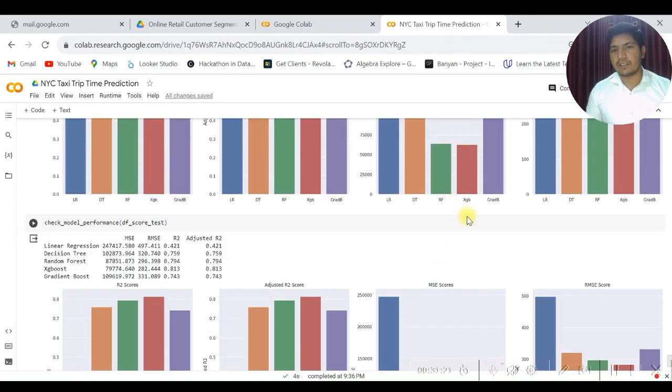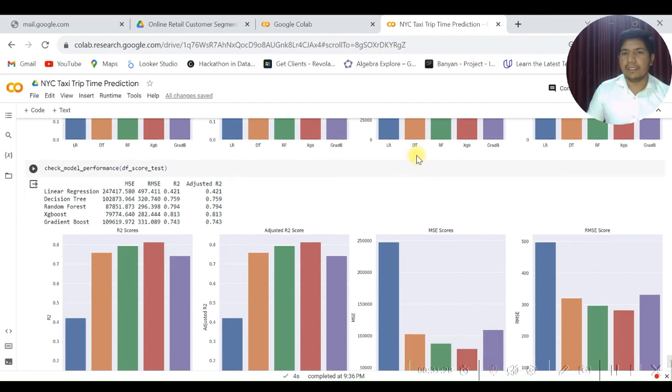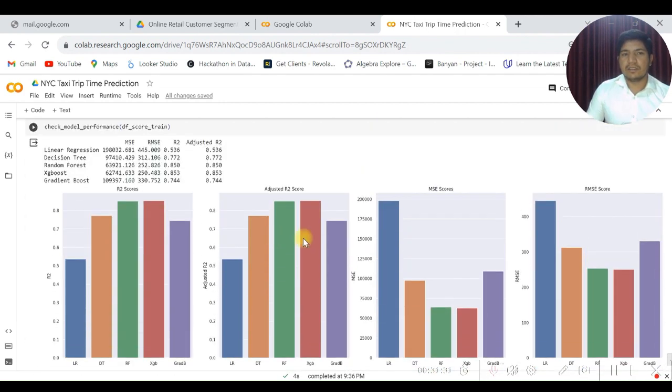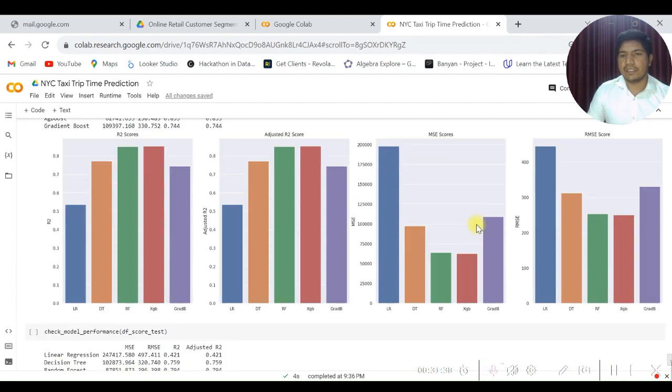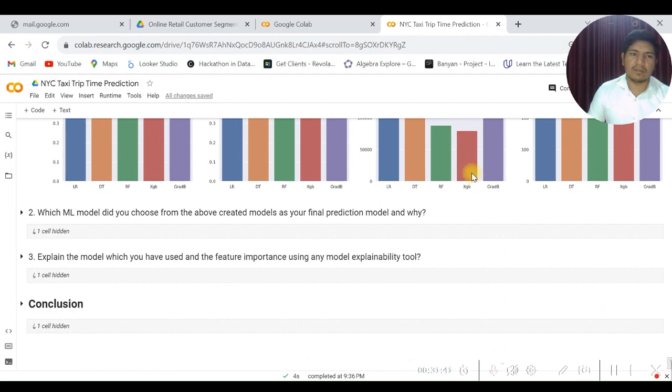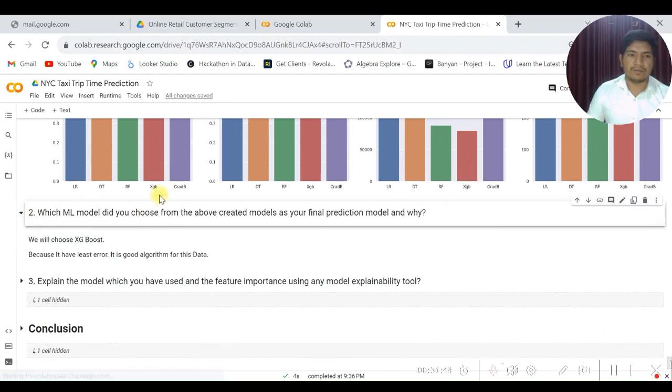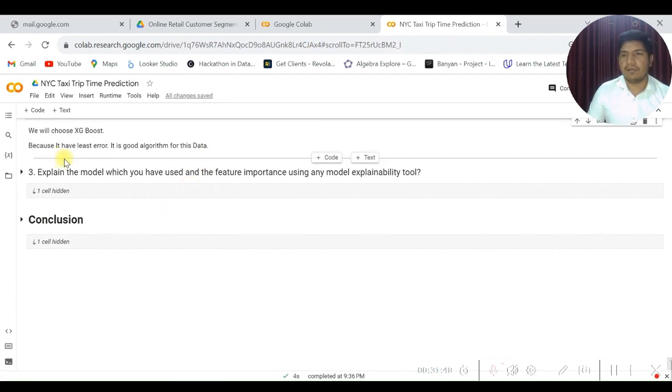RF means random forest, then gradient boost, XGB boost, and decision tree. So this chart is on the training dataset and this chart is on the test dataset. In both datasets, XGB is the best model for our dataset because it has the least error. It is a good algorithm for this dataset.